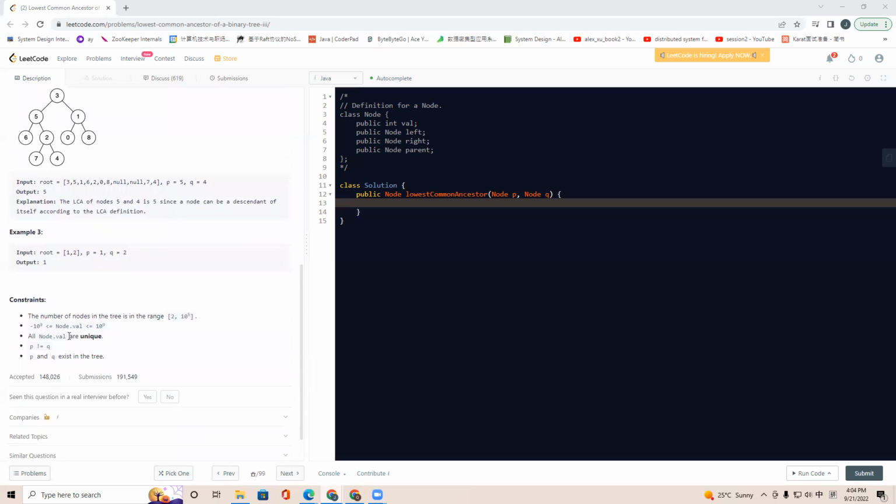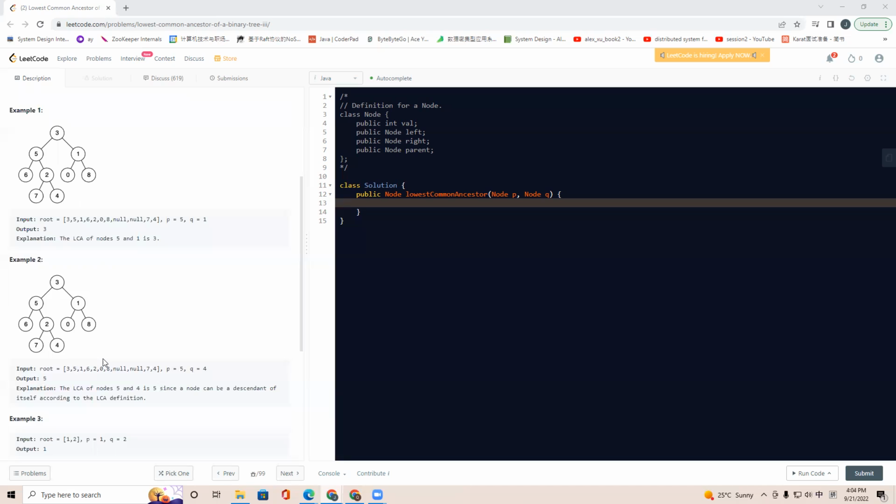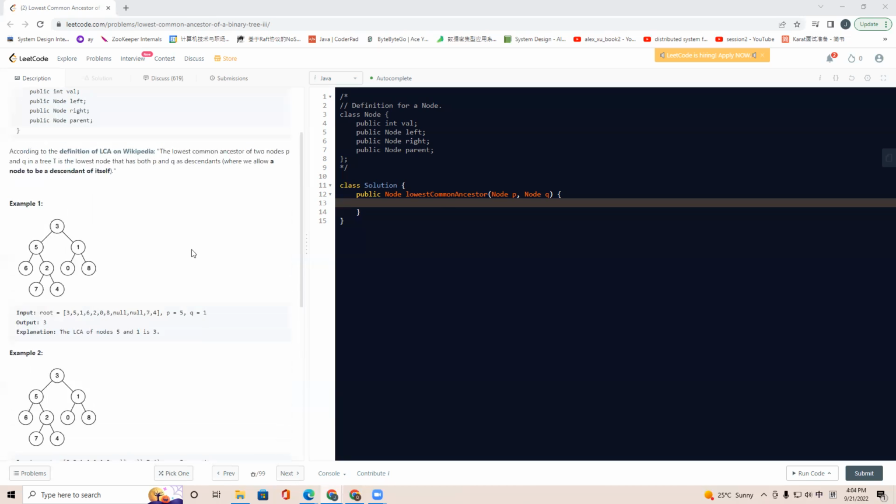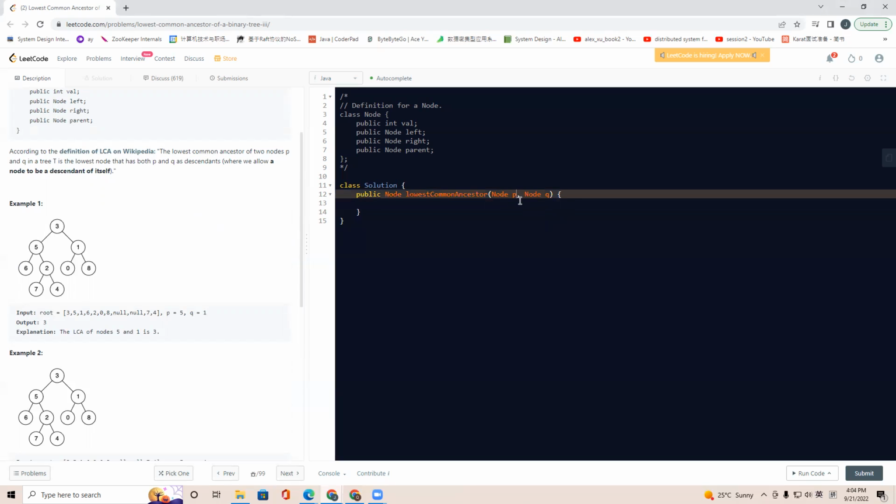For this question, it says that all node values are unique, and also P and Q always exist in the tree. So it is pretty simple. We can use a set to do this kind of question. When we go through every node, for example the node P,